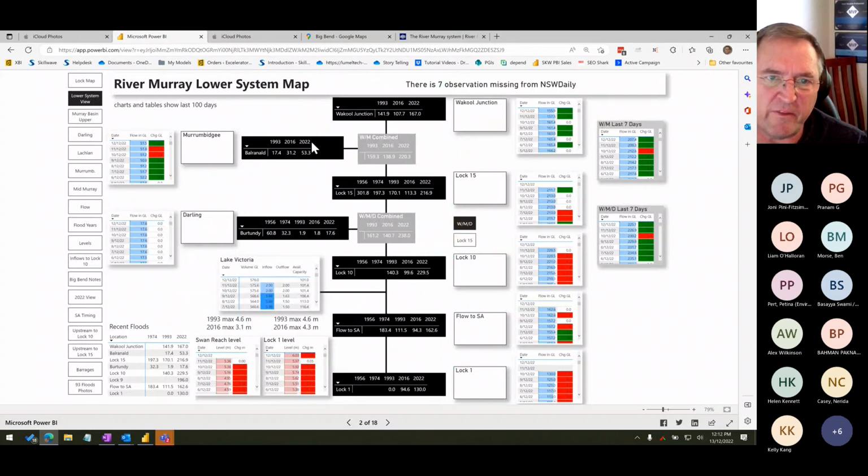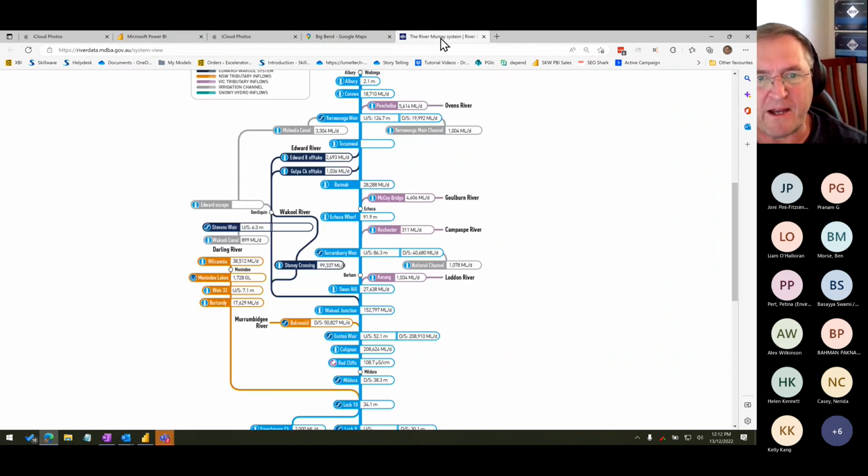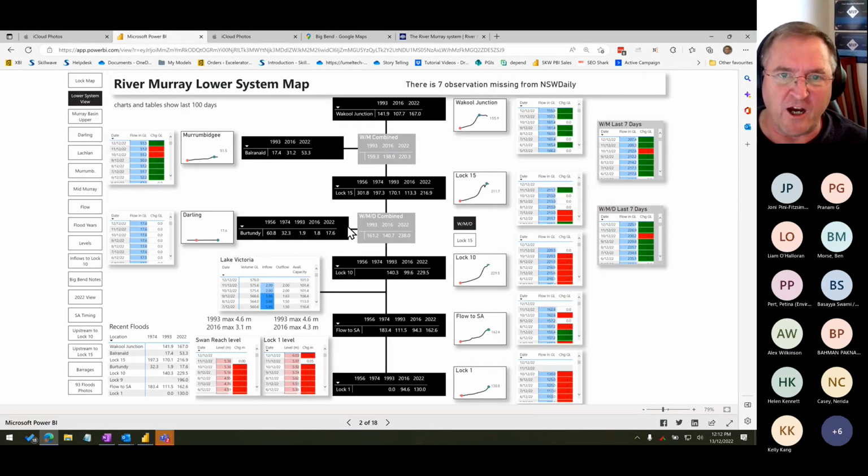So if you have a look at these black boxes here, I took the inspiration from this page here, which is a system view of the Murray-Darling system. Rather than worry specifically about where the ebbs and flows and where the bends are in the river, what's more important is to understand directionally where the data, in this case water, is coming from. And so I've used this concept to build myself a system map, saying that, well, South Australia,